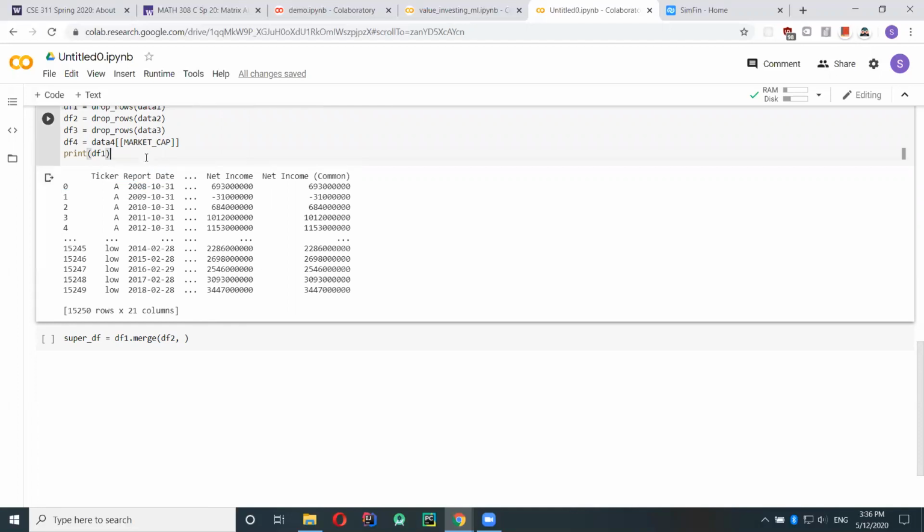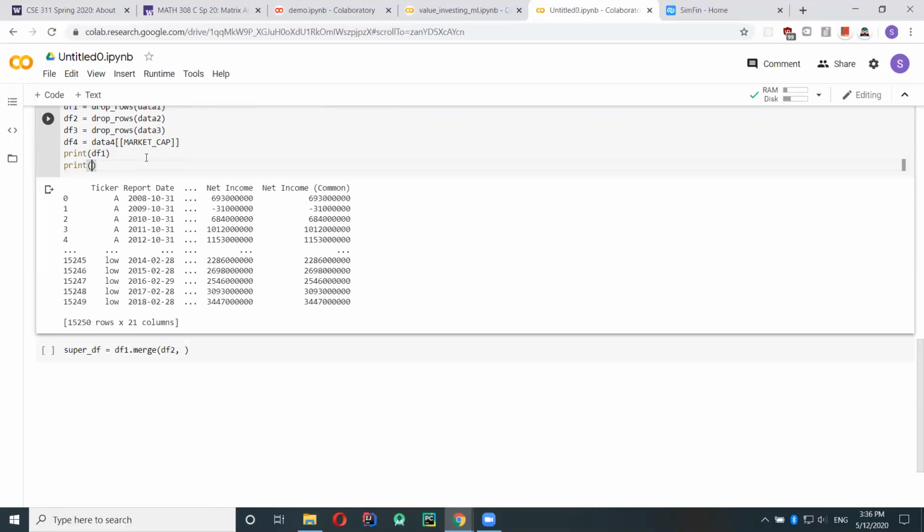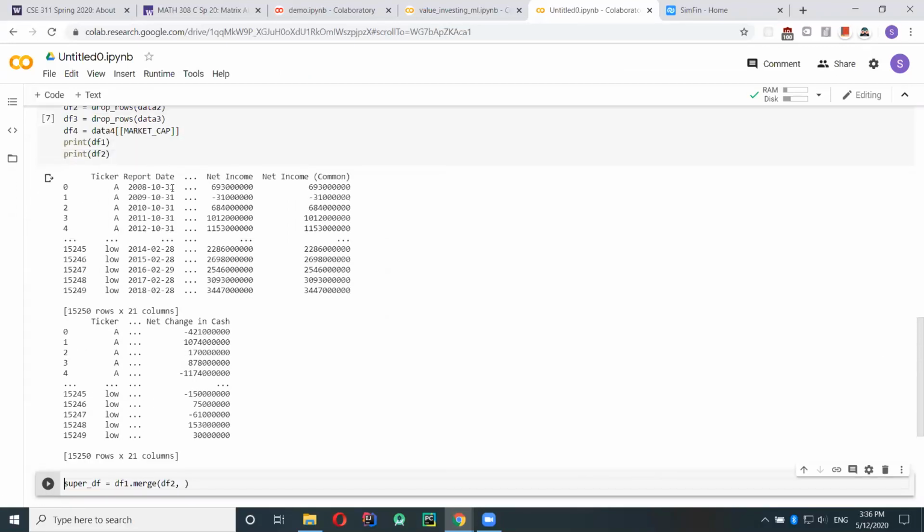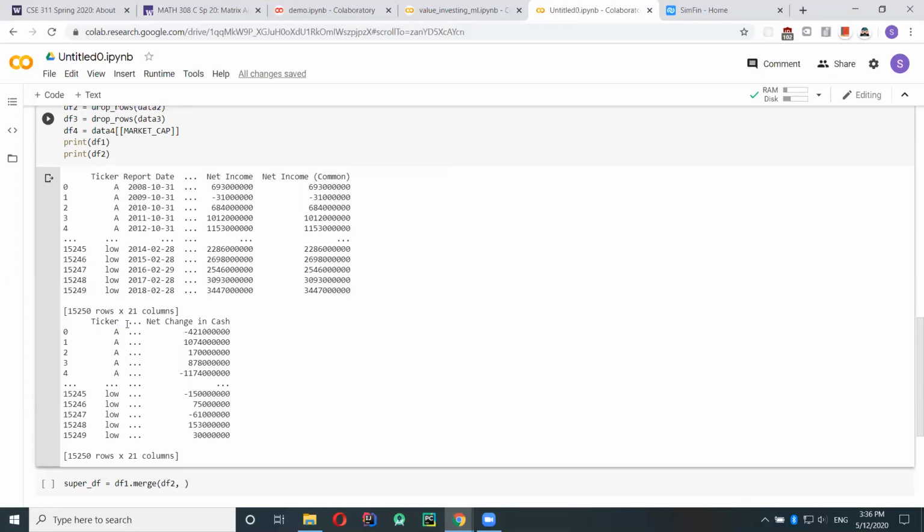Wait, let me print df2. Okay, you can't see it right now, but there's also a report date column here. So what we want to do is match a report date here with the report date here.